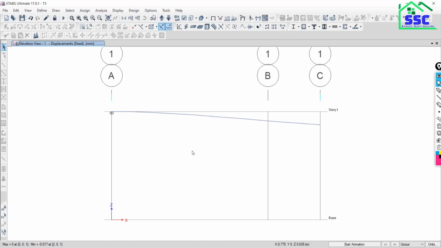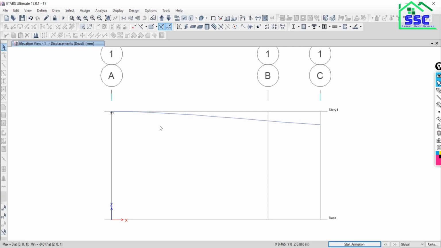It takes some time and gives the result of a deformed shape or deflected shape of the structure. You can see the animation of that deformed shape. See, this is the animation. So stop this animation. There is a use of this animation. You will see in the high-rise structure how to see the animated shape and what the use of the animated shape of the structure is.